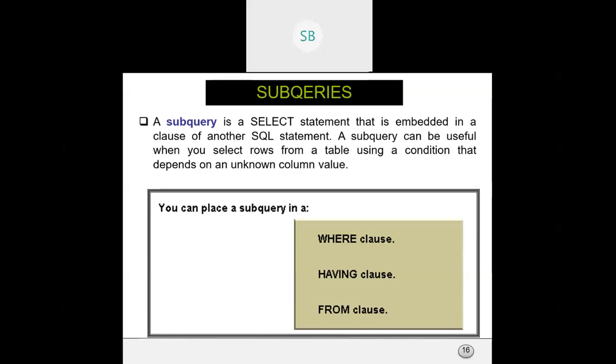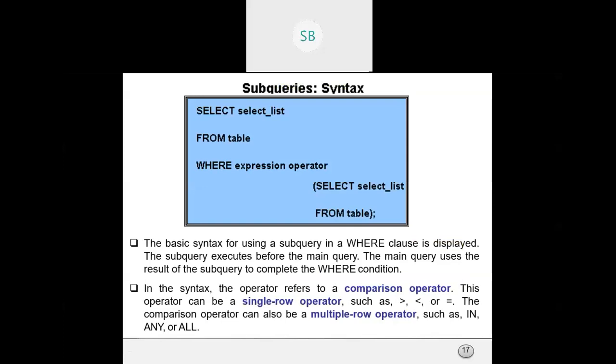Basically a subquery is a select statement that is embedded in another SQL statement. That means inside one SQL statement you will write another select statement. A subquery can be useful when you select rows from a table using a condition that depends on an unknown column value. Now let's check the syntax for it.